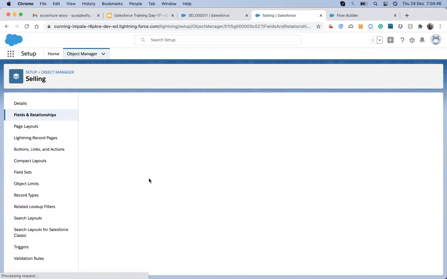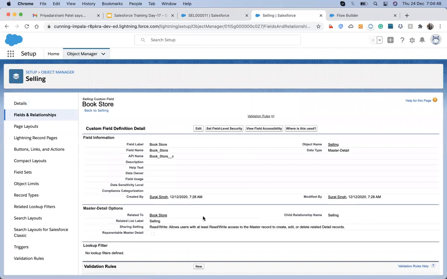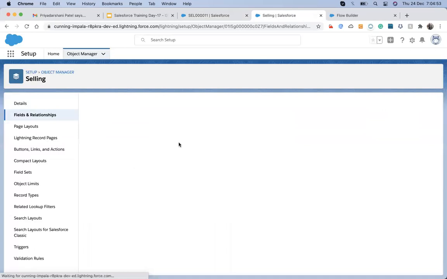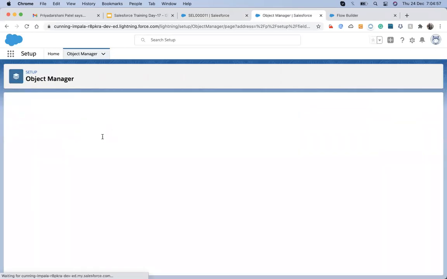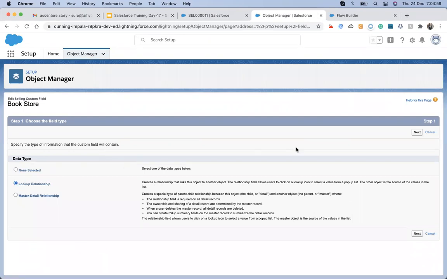For the conversion of master detail to lookup, we just have to open the field, click edit, and then change the field data type to lookup.